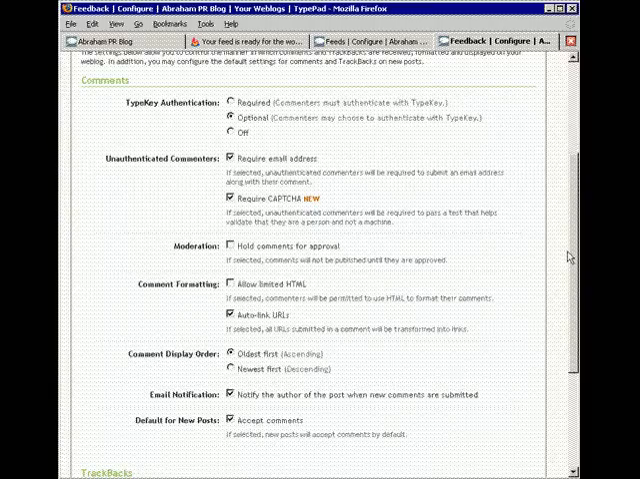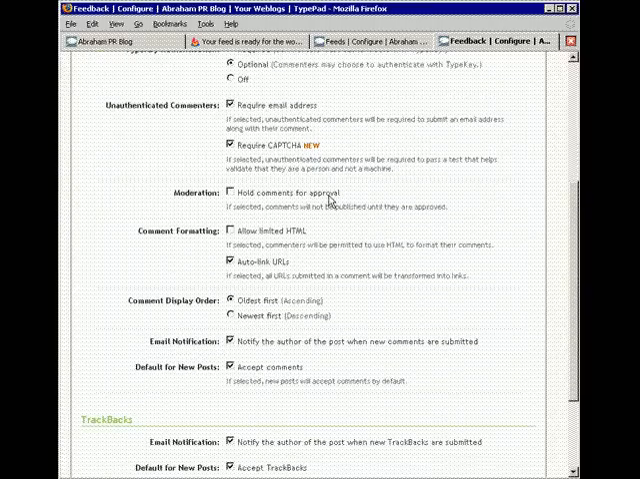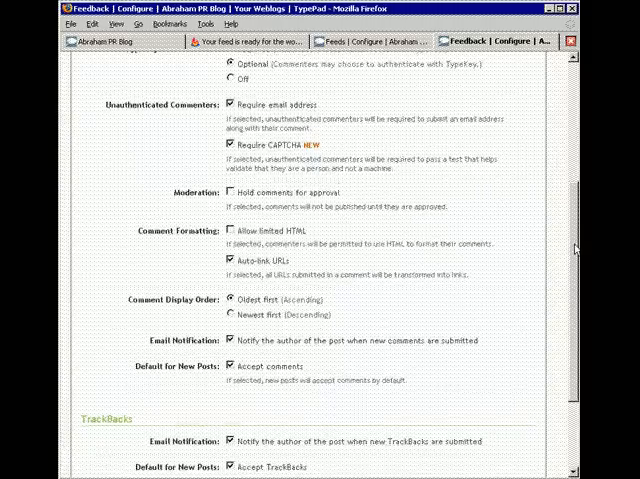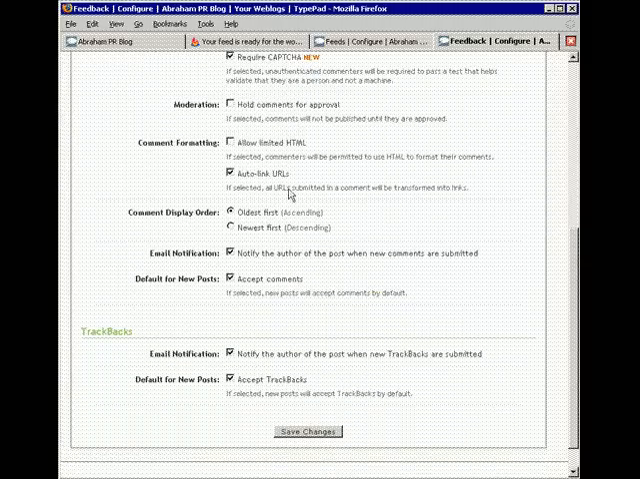We don't want to moderate. I think moderation is uncool. But you could if you wanted to make sure that all the comments that were going in were positive and loving. I think it breaks the spontaneous nature of the blog. But if you're going to do a corporate blog, better safe than sorry. If you're going to do a corporate blog, you might even decide to not do comments. That's fine too. Allow limited HTML and auto-link URLs, which is grayed out when you choose Allow Limited HTML. It assumes it. Comment display order,